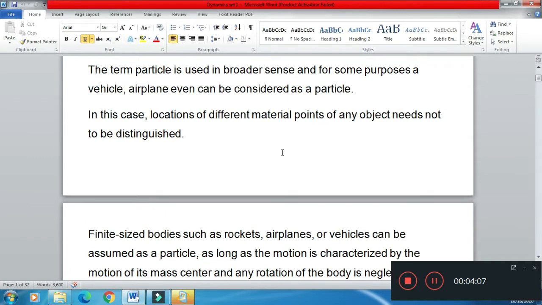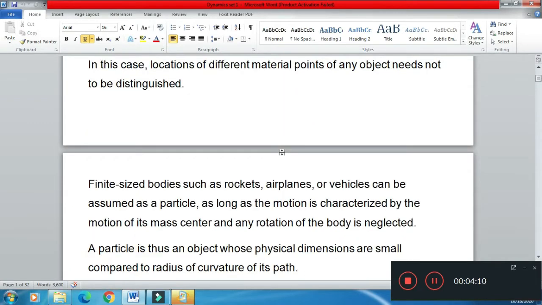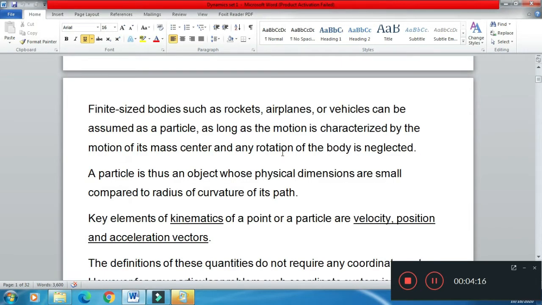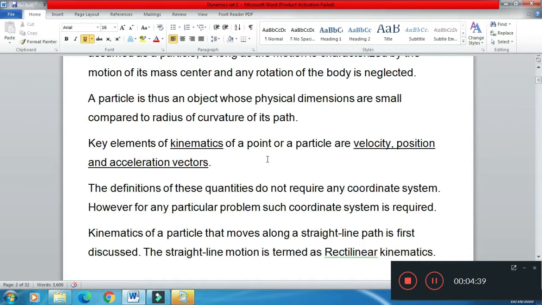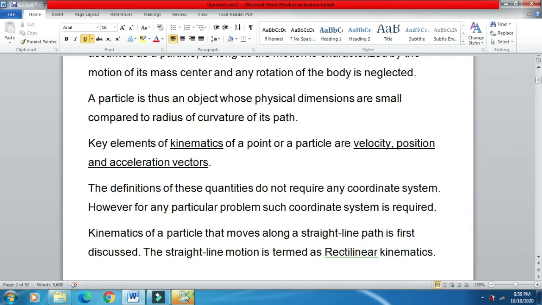So when we are considering the particle, the different material points on any object are not distinguished. So as I mentioned, the rockets, airplanes, vehicles can be assumed as particle as long as the motion is characterized by the motion of the mass center. So main assumption is that the dimensions are not important in the analysis, and we are neglecting any rotation of the body. We can also assume the particle